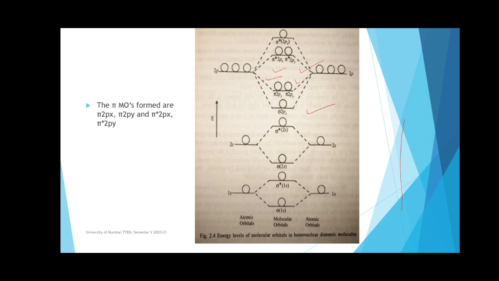In the next video lectures we will study the application of this MO diagram for different molecules. From today's video lecture, I request all the students to go through this lecture and try to draw this diagram in the notebook with full explanation, because this diagram is very explanatory. With the help of this diagram you can understand the MOT of different molecules, that is the molecular orbital theory of C2, B2, N2, NO, CO, HCl, and some polyatomic species also.